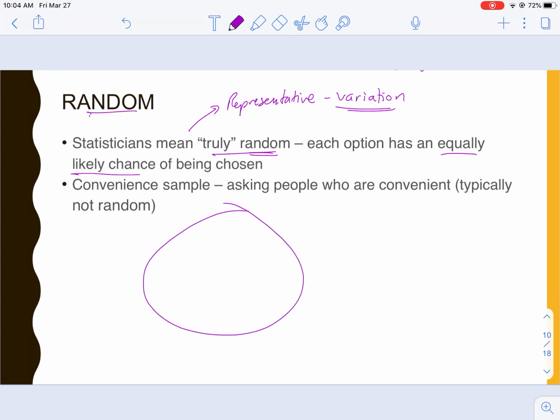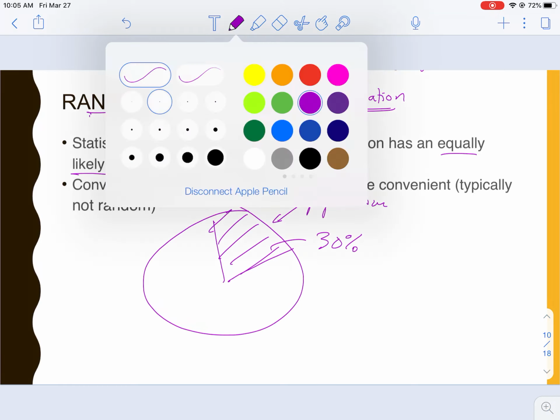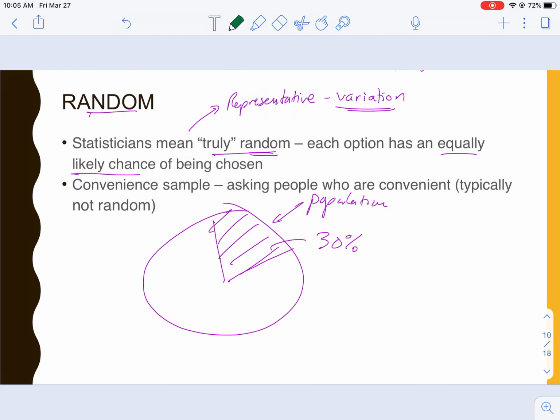So, I don't know if this will help or not, but let's say I have a pie chart. And let's say this is the population, and let's say that this shaded section here is 30%. Well, if you randomly select a sample,